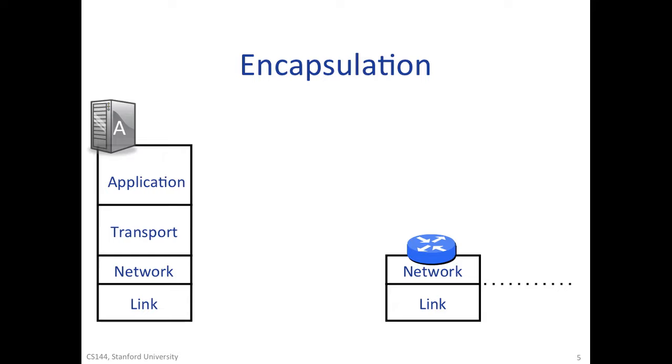Up until now, our link has just been a fixed point-to-point link from A to the first router. In practice, it can be more complicated than this. There might be switches that are between A and the first router. And the reason for this is that there might be many computers connected to the Ethernet network that the router and A are also connected to. So for example, it might look like this. A might connect to the first switch. The switch might be connected like this, one might be connected like this,